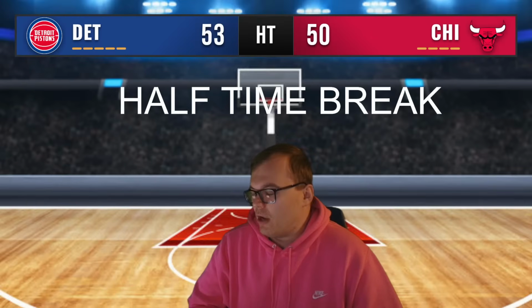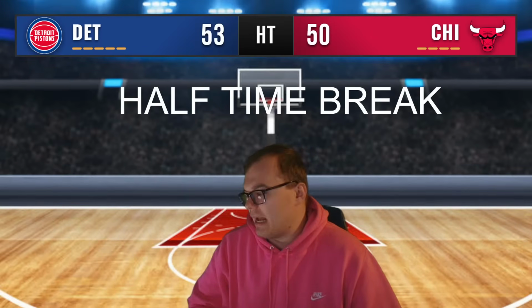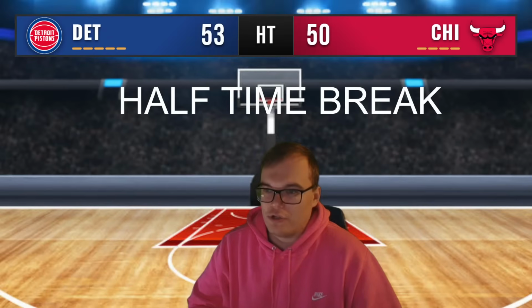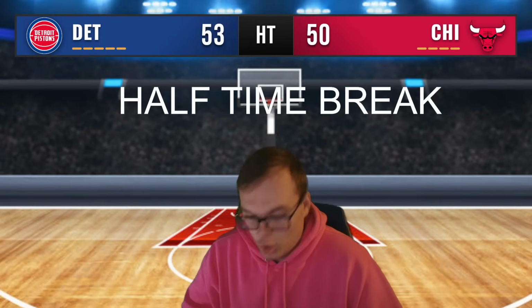Saving Huerter for a rainy day. And again, it's all about fit. I think it was more so, like, chemistry-wise, right? And again, I've said this before, you can put a million all-stars on the same team, but there's only one basketball. Every player on the team is on the team for a reason. They got to do what best fits them for their role. And Huerter, we know what he's about.